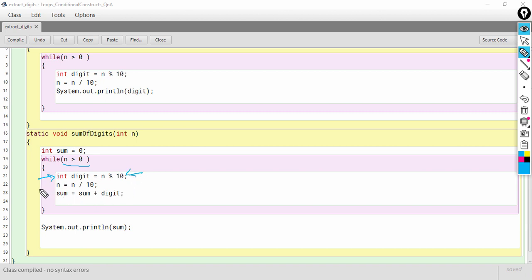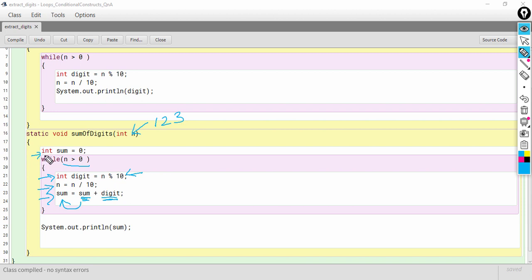Then in the next line I'm eliminating the digit which was just extracted, and then I am adding the extracted digit to a variable called sum, and storing it in the same sum variable. Okay, so let's say in n the input was 1, 2, 3.